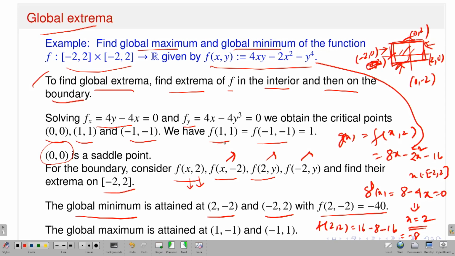Global maxima, you will have only 2 points, (1, 1) and (-1, 1), and the global maximum value will be 1. So that's how you have to do it. This is a very simple example, but in this example, what is the difference from the earlier example is